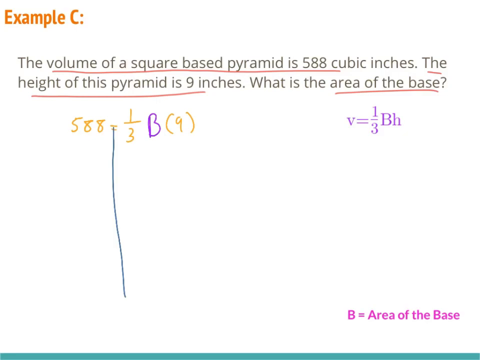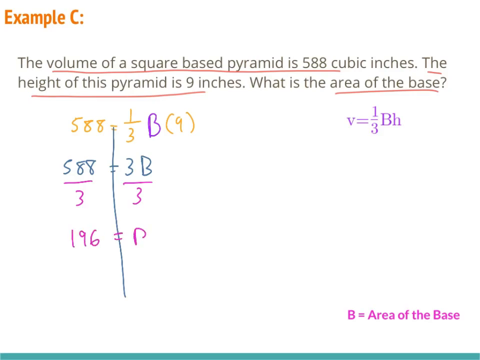So 1/3 times big B times 9 is 3B, because we don't know what the B is. Bring down our 588, and now we need to solve our one-step equation by dividing both sides by 3. And when we take 588 and divide it by 3, our final answer is going to be